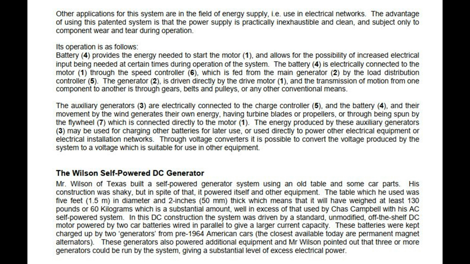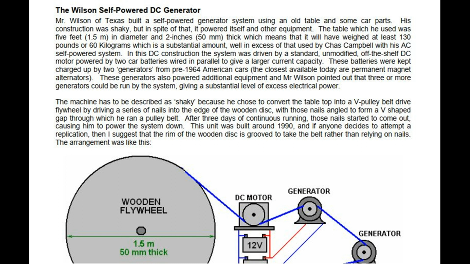These generators also powered additional equipment, and Mr. Wilson pointed out that 3 or more generators could be run by the system, giving a substantial level of excess electrical power. The machine has to be described as shaky because he chose to convert the tabletop into a V-pulley